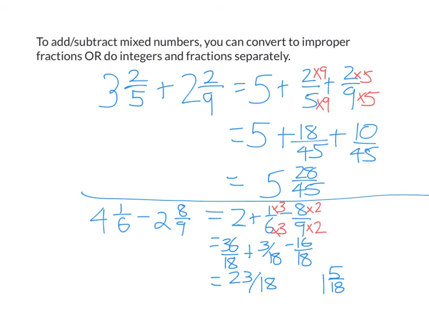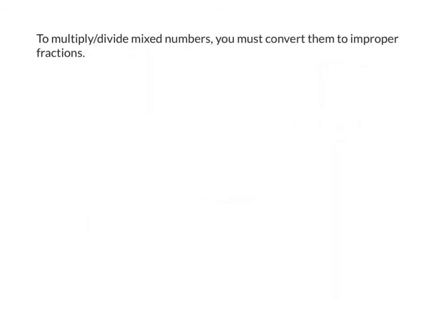Let's now look at multiplying and dividing mixed numbers. So when you're multiplying or dividing mixed numbers, you must first convert them to improper fractions. We don't have a choice. We can't do the whole numbers and the fractions separately. So let's say I have 1 4/5 times 2 1/2. The only way I can do this, I need to convert this to an improper fraction and this to an